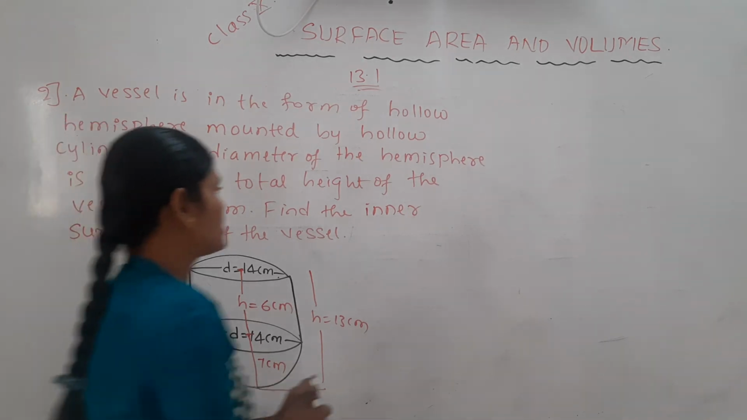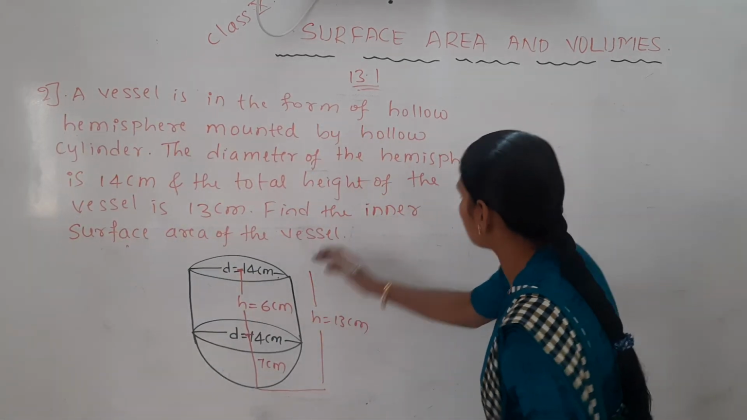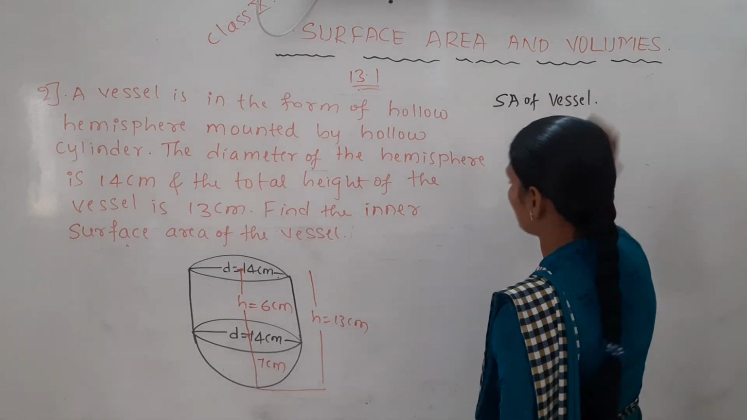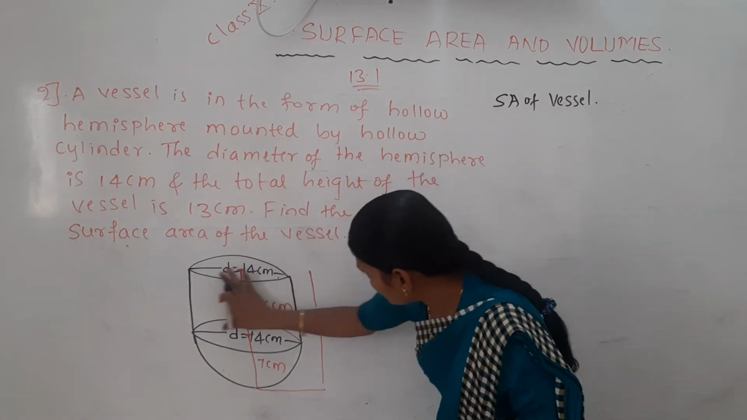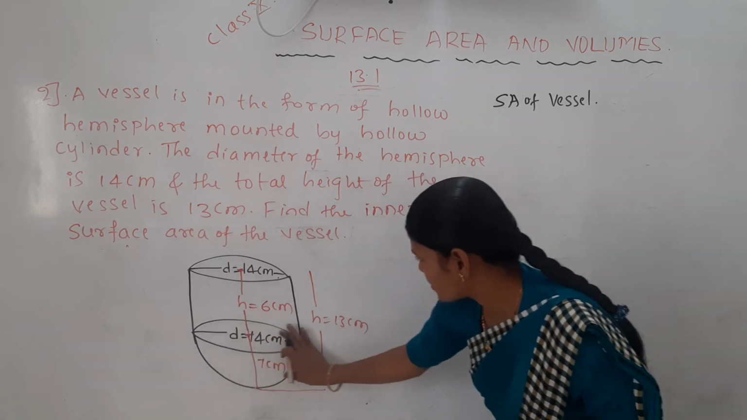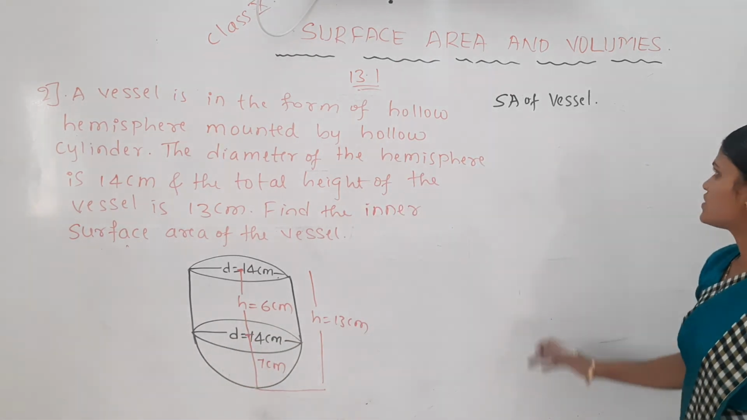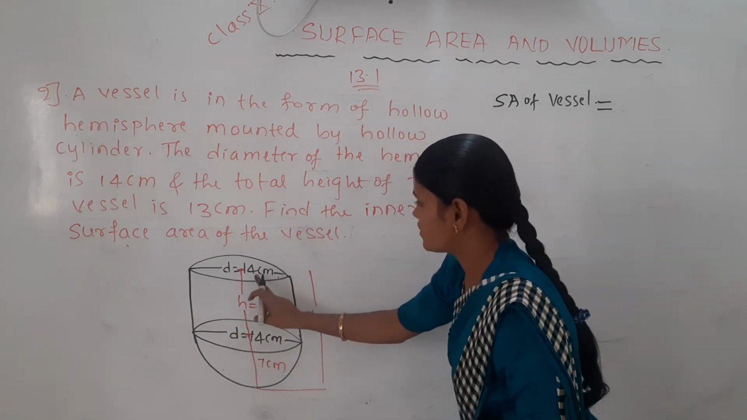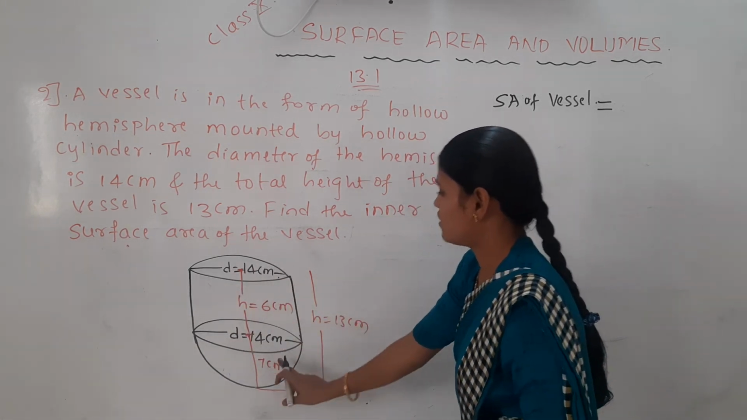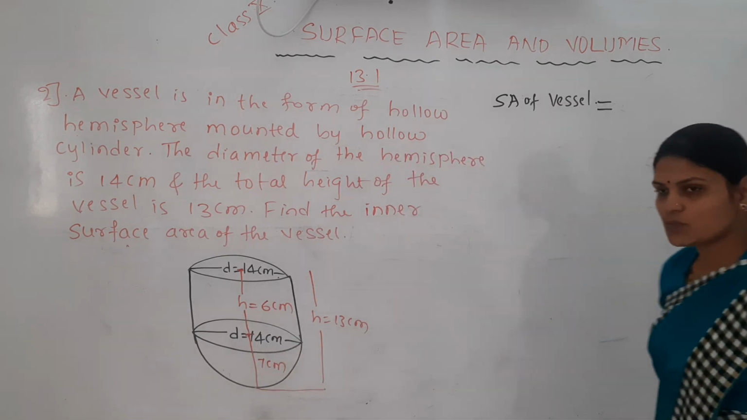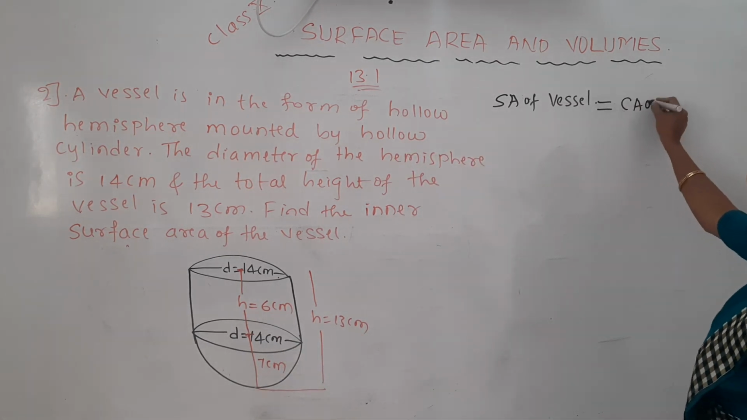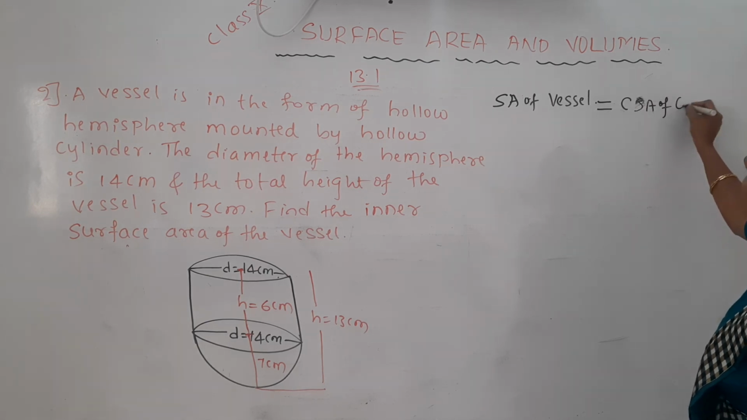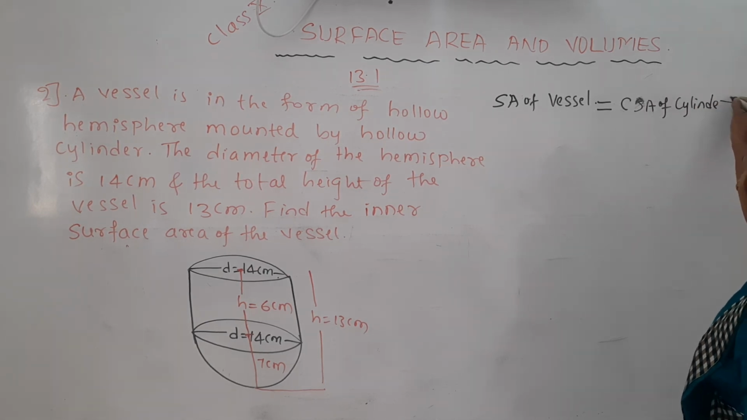If you want the surface area of the vessel, what do we have to add? The surface area of this cylinder and the surface area of this hemisphere. For that purpose, we have to add the curved surface area of the cylinder and the curved surface area of the hemisphere. CSA of cylinder, and we will add